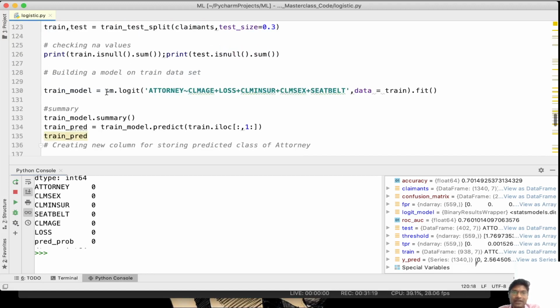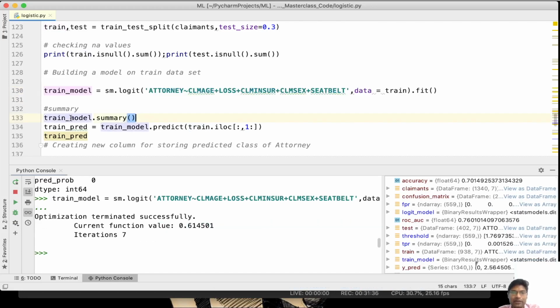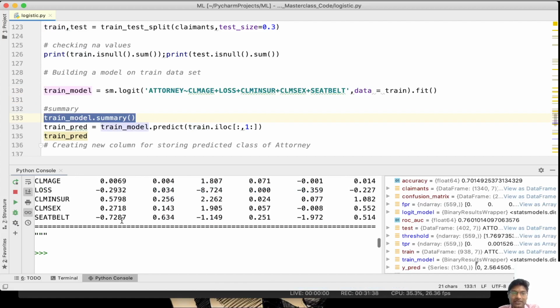Here I am going to make use of the sm.logit class and give the outputs against all the input columns. Data is going to be train. So this is the place we are making the change. Here only the train data set is given to build the model, dot fit. Once my model is built, I am going to use the summary method to observe the output.